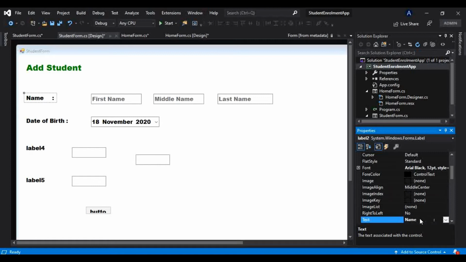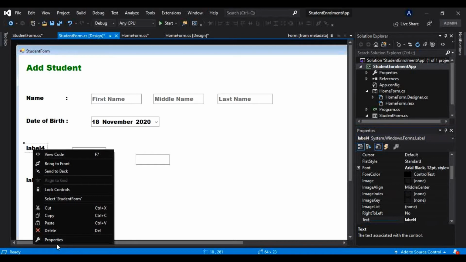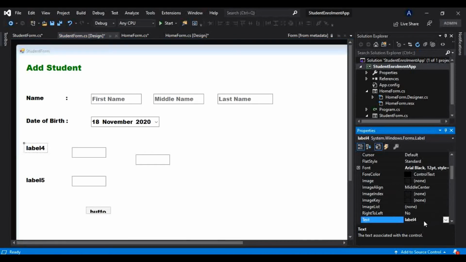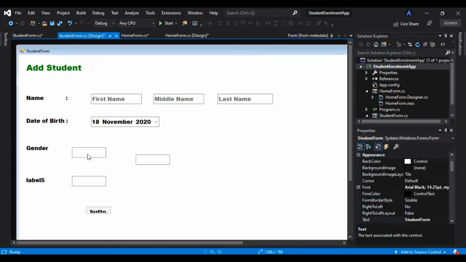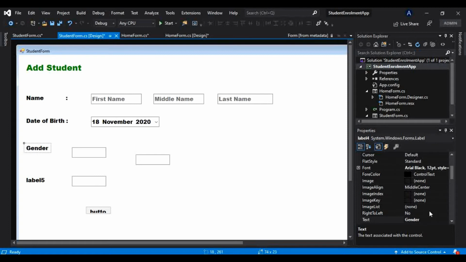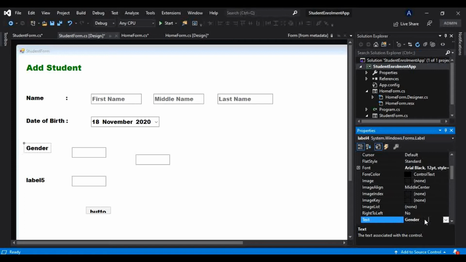I will give some spaces here if I enter, so not that much. Again I want to decrease. Again it is not looking good. Okay, now it is looking good. So label 4 should be a gender. Okay, and I will give this dots here as well.